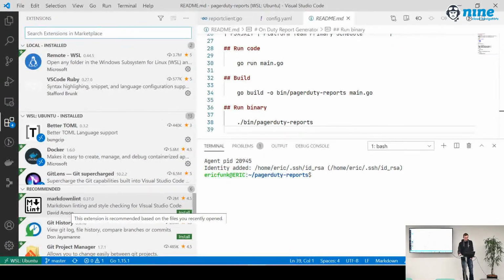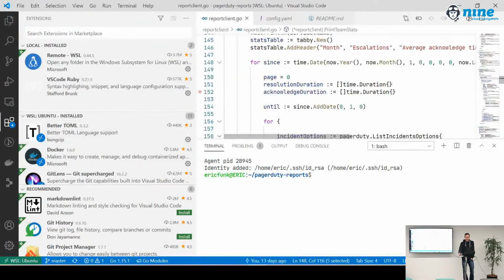The same is true if you have a Go project, for example, it doesn't really matter. You set a breakpoint there, and you can debug your code. You can step through all the development. There's no difference from developing natively with Visual Studio Code on a Mac, for example. It just works, which is nice. I really like that.